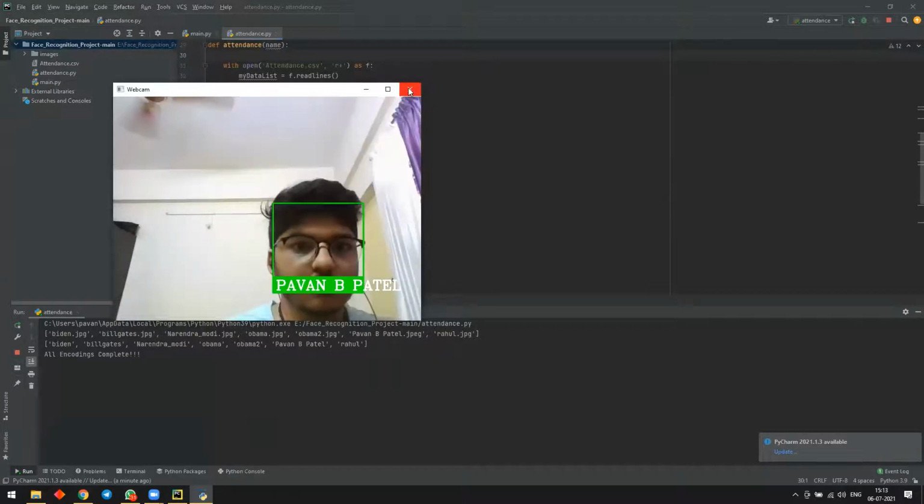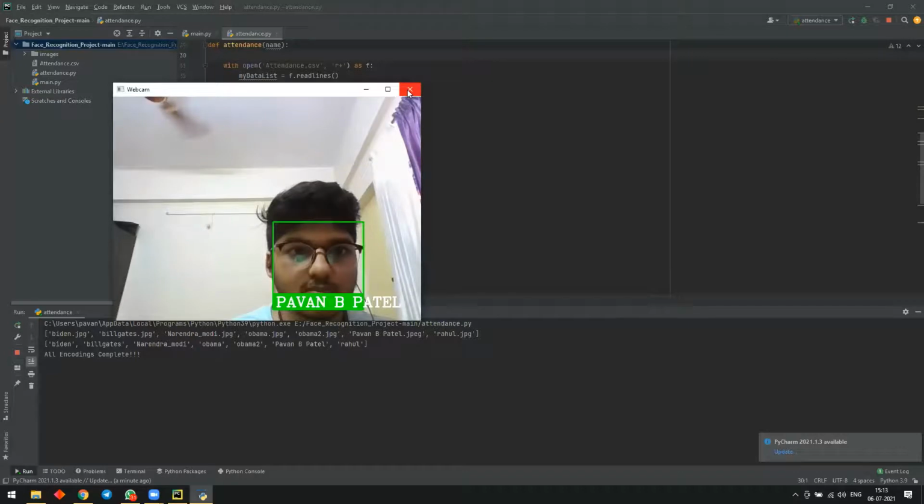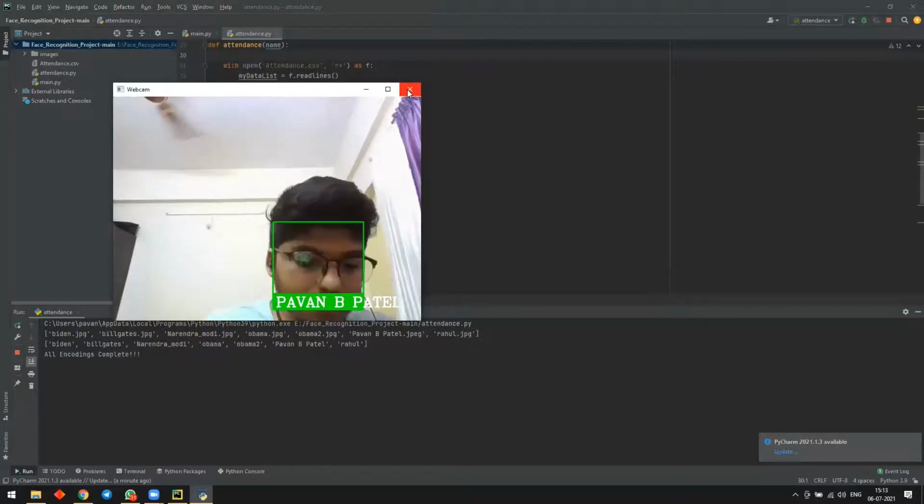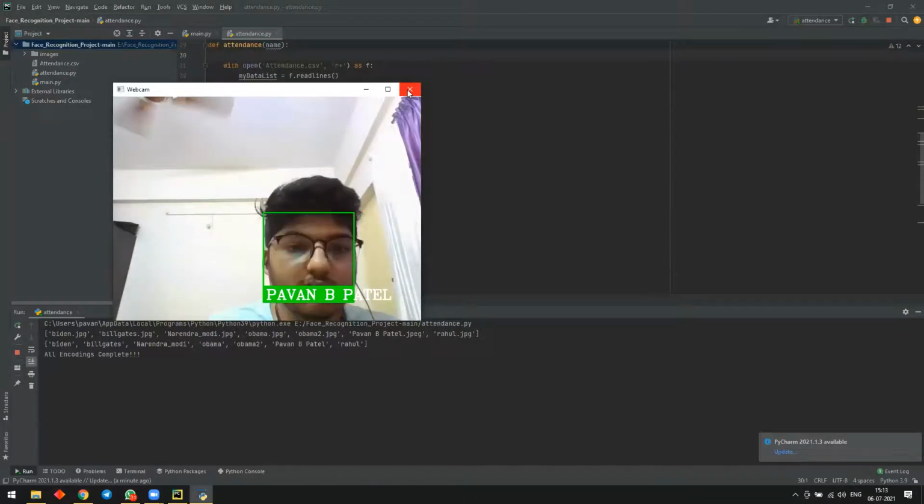It is a single face recognition. This is a very simple Python implementation. Can you show if it can identify multiple faces? I can try it. Have you tried it? Yes, ma'am. We tried it through a mobile phone. How many faces could you identify? Three, accurately.